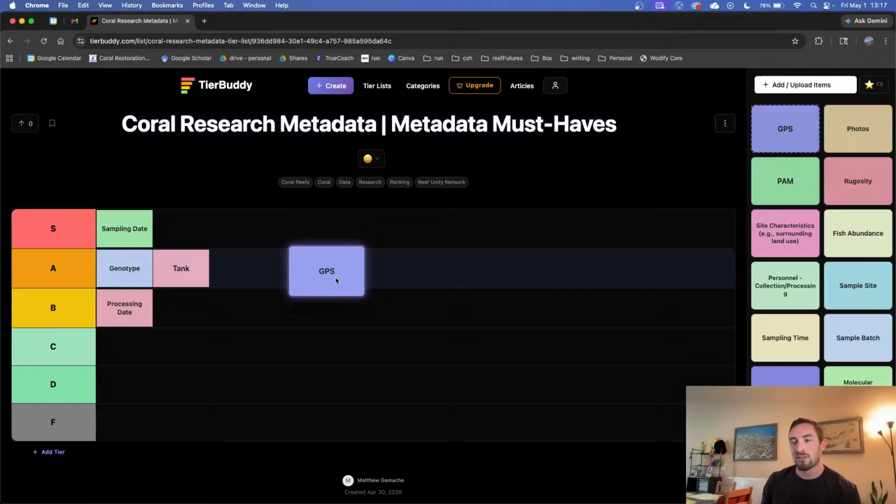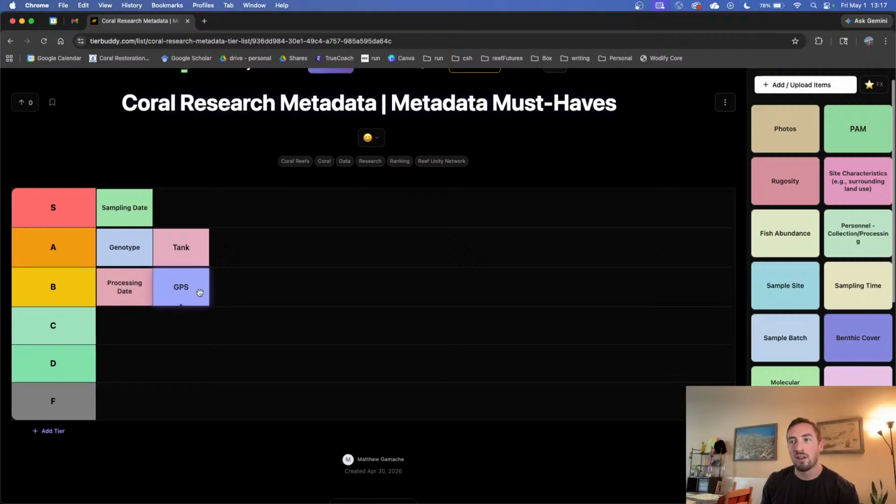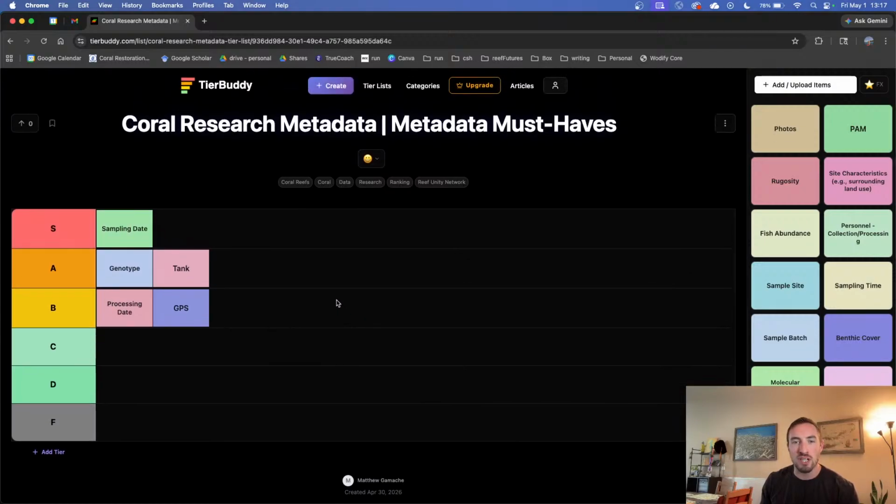This one's kind of tough. I wouldn't say it's always necessary, but you're pretty much going to be doing it, especially for field work. You're pretty much going to be collecting GPS data. But I'm not going to say it's critical, because as long as you're at least keeping track of site location, non-specific, like a reef name like Chica Rocks or Pickles Reef, that can